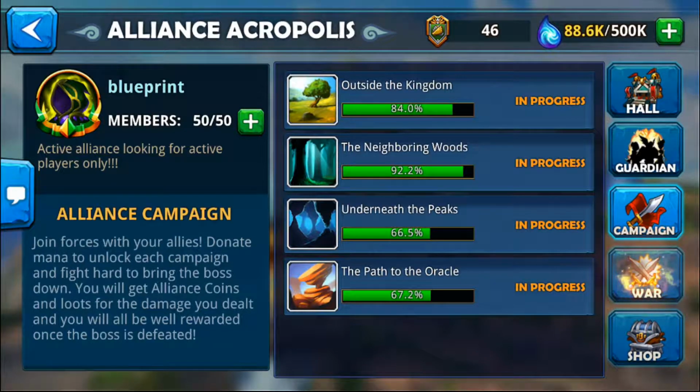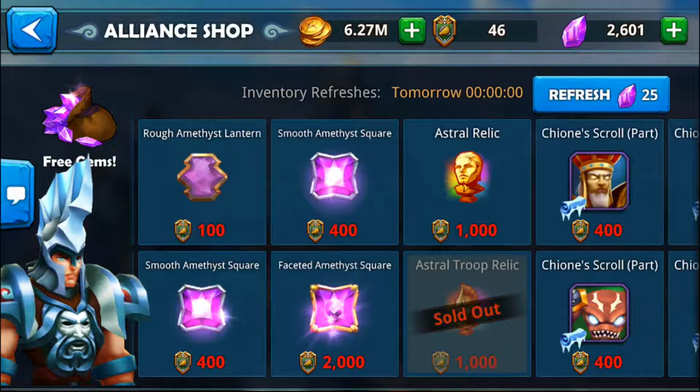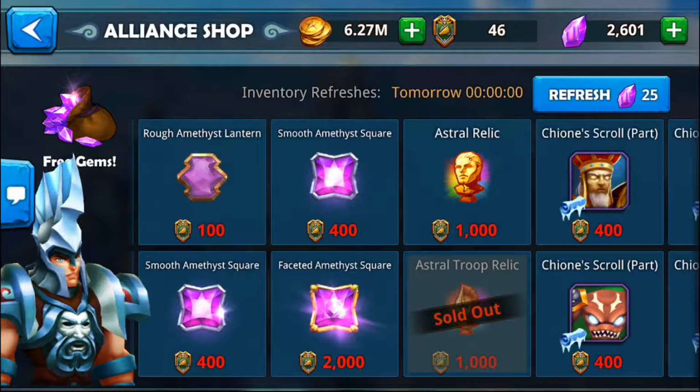But at least make sure you do it at least once in here, because you can go in the shop and spend your token either on Astral Relics or Troop Relics, depending on what you need. I always go for the Astral Troop Relics first if there's a choice, until I save up at least 250 Troop Relics aside,